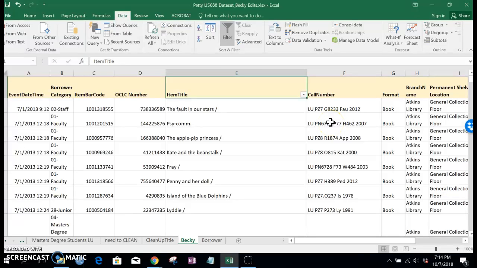I'm going to show you a couple of things that might help clean up your item title. We're just going to do some simple search and replace. As you can see here, I've created a copy of your Need to Clean tab. I like to work in copies when we're doing different kinds of stuff, in case we need to go